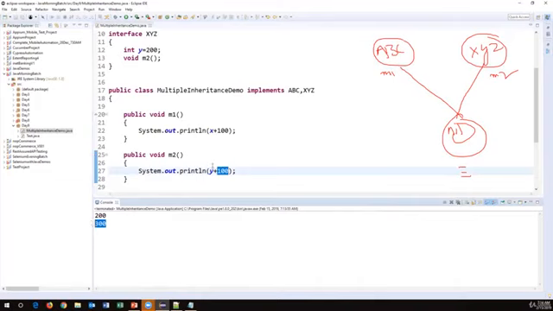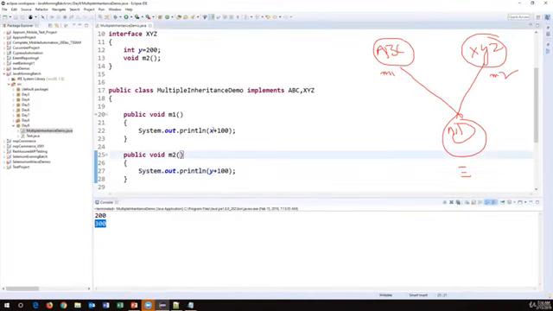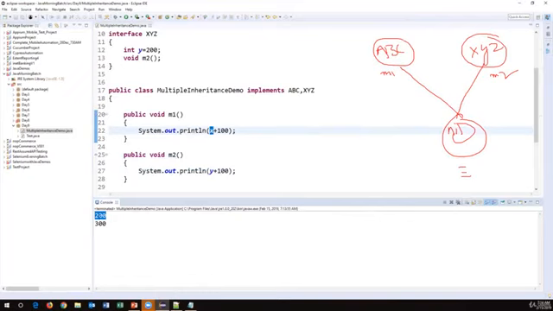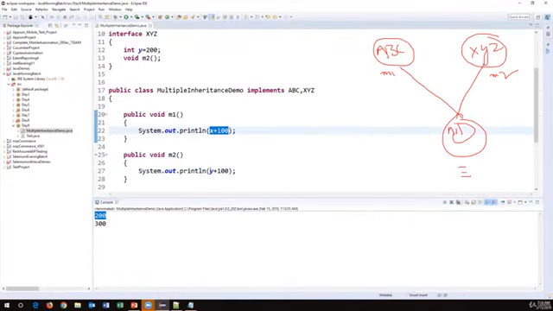Now here we are not changing the values of X and Y. Remember this, we are not changing the values of X and Y. The X value is still 100, but we are additionally adding 100, so the total value of 200 is printing here. This is the output, but this is not the value of X. Still the X value is 100 here, Y value is 200 here. We are adding some additional number to the existing value. X plus 100 means X is 100, additionally added 100, and 200 is not the X value,